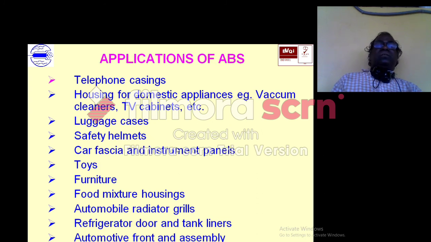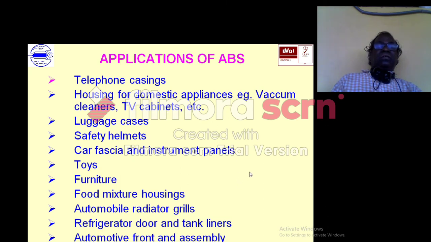Applications of ABS: telephone casing and luggage casing, safety helmets, toys, furniture. These are some applications for ABS. Mainly they are used in TV cabinets because of the excellent electrical properties, and also paintability is easy.